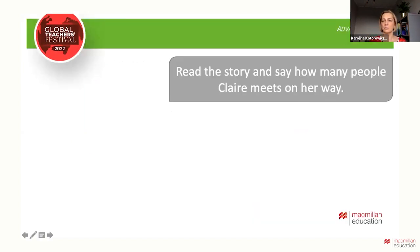Here comes an example of an activity. It's a reading activity. I didn't include the story. The story is not really that important. The important part of this exercise, the reading part here, comes with a comprehension question. So you can ask students, let's say they read a story about Claire, who's got different adventures and meets different people on her way. You can ask students the following: read the story and say how many people Claire meets on her way. In order to answer this question, students need to understand,